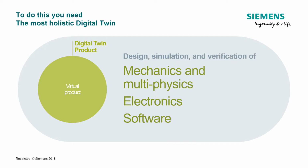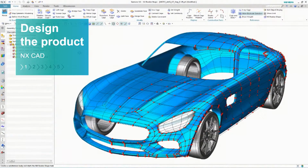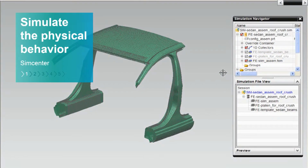We start off with a product digital twin. It doesn't mean we only have a 3D model of a product, but it's a complete virtual replicate of the product, meaning the mechanics, physics involved, the electronic circuits, and software involved. Take a car, for example. With the Siemens NX-CAD software, you're able to produce a rich product design, and bringing in the mechanics and physics